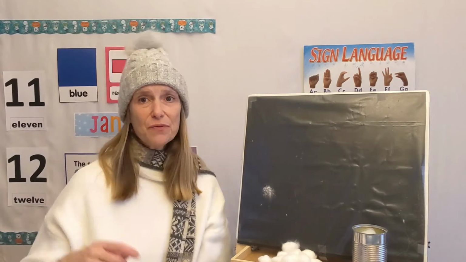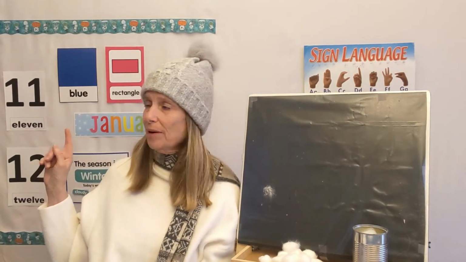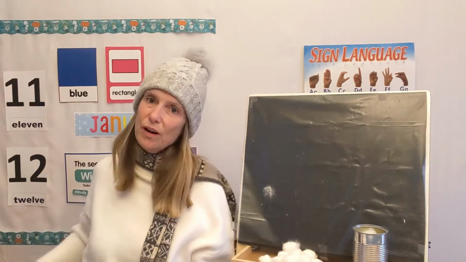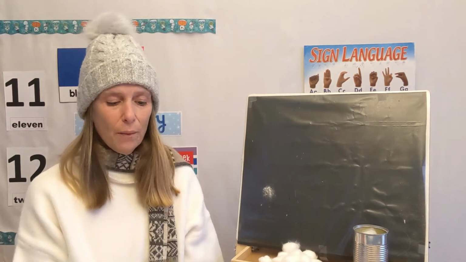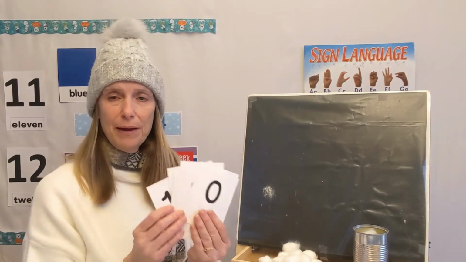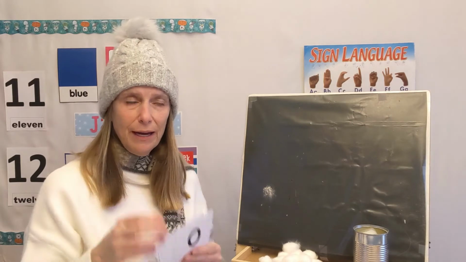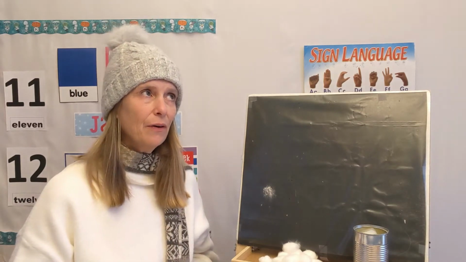Now, I don't have cards for our numbers for this particular month. What are they? They are 11 and 12. I don't have cards for those. What we're going to do is we're just going to randomly pick one number. I'm not going to look. I'm just going to pick one out. Let's see. I got the number...